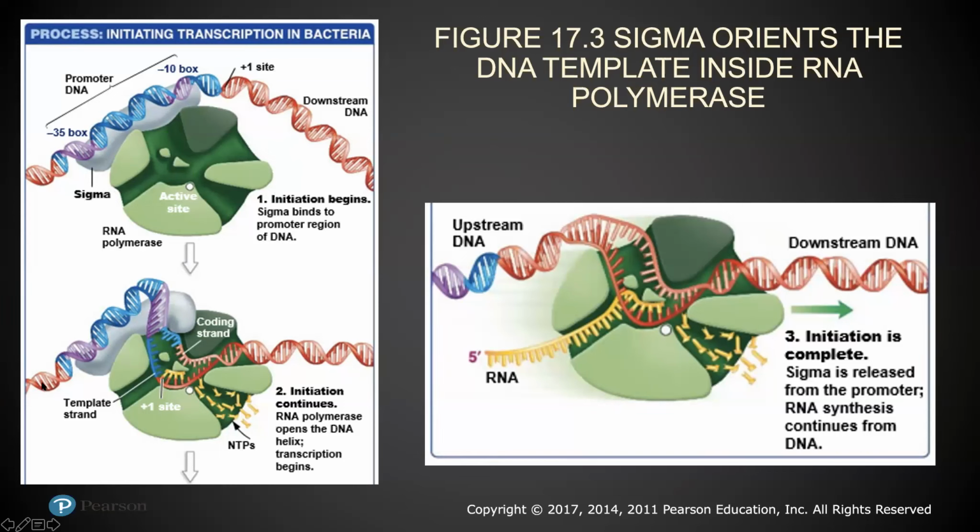And so what happens is after this thing attaches, we're going to thread this DNA molecule through this opening here, right? So you see the DNA coming in, and the RNA polymerase then is able to open up this DNA molecule,